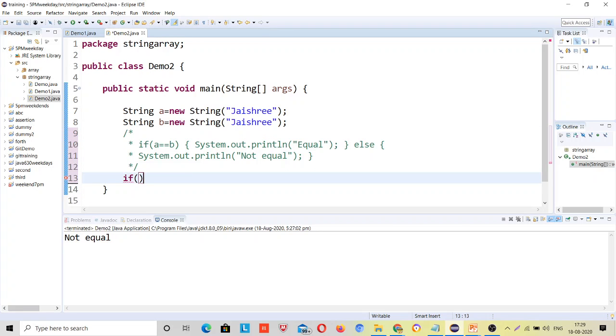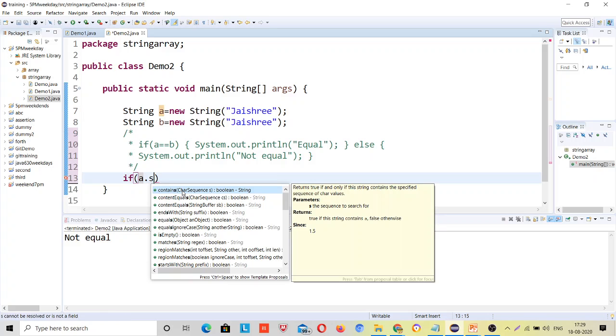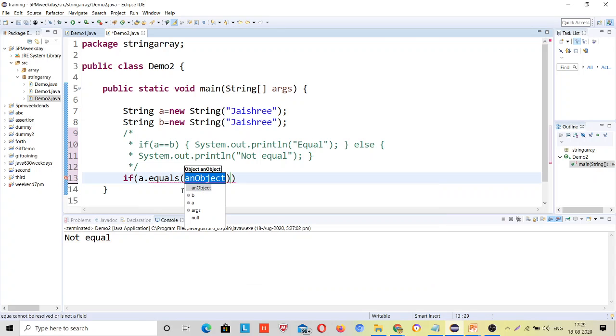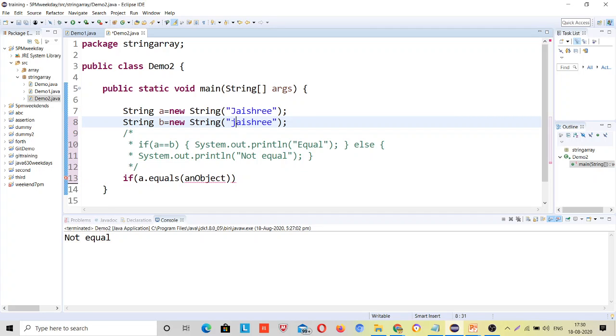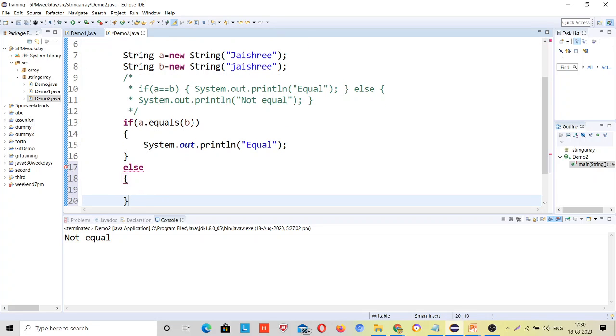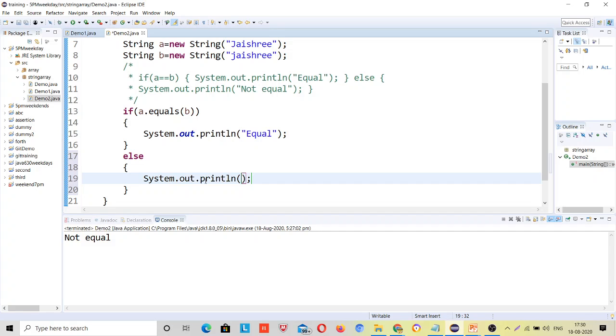If a dot equals b, here type sys out equal, else sys out not equal.